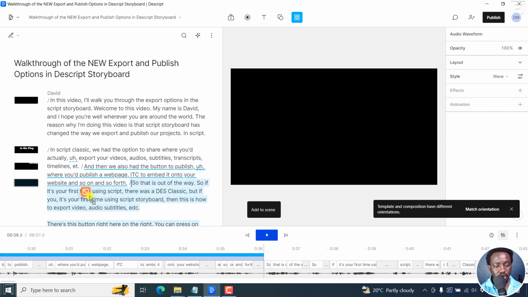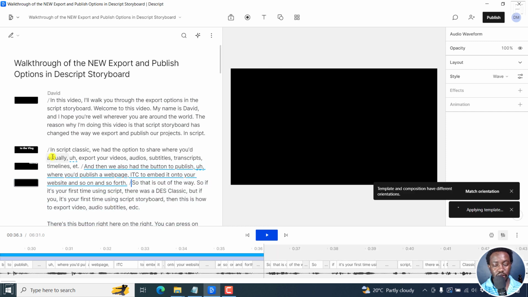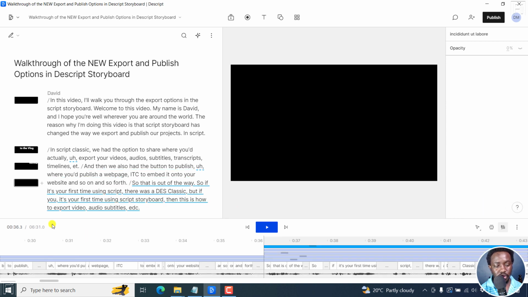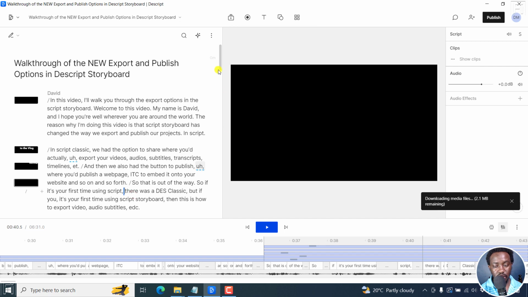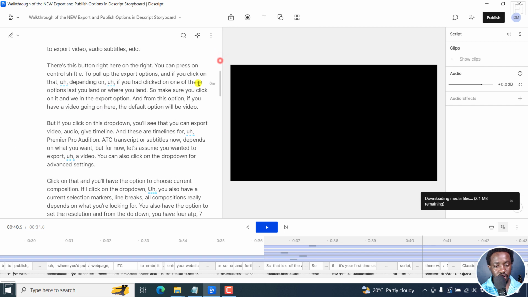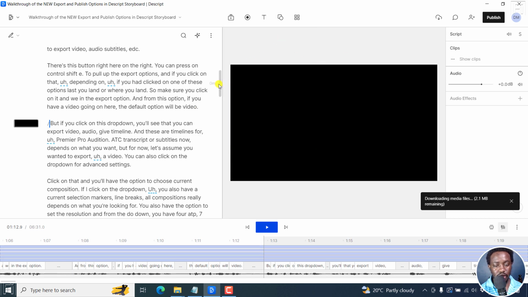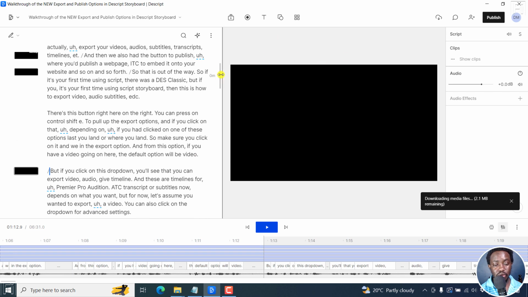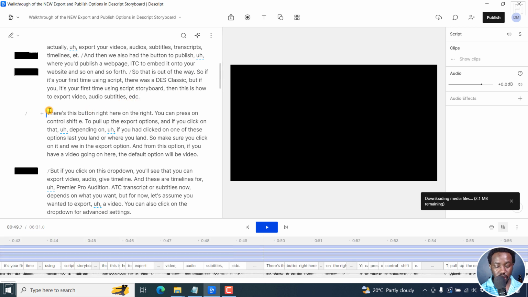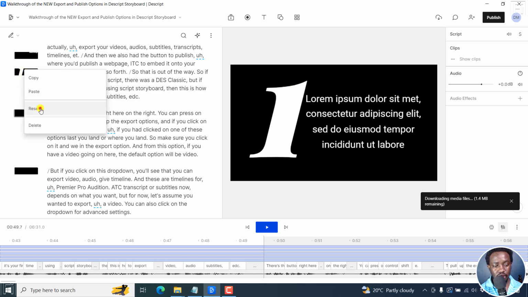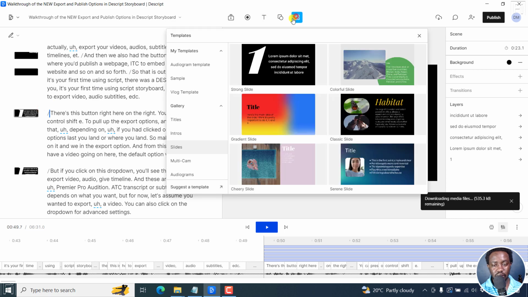And then we can go maybe to something like, let's say this one, put it here. So if we actually do that, actually should not have done that. I should have actually closed out this particular scene. Let's just bring it down slightly, so that we had a scene break right there, but we don't have the template applied to the whole thing, and maybe another scene right there, so that if we go for this, we actually have this. We can actually reset this, and then maybe go get a template somewhere here, my templates,